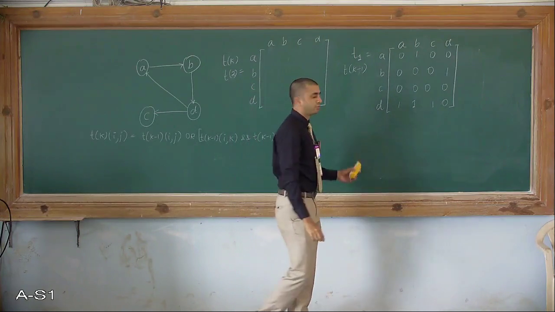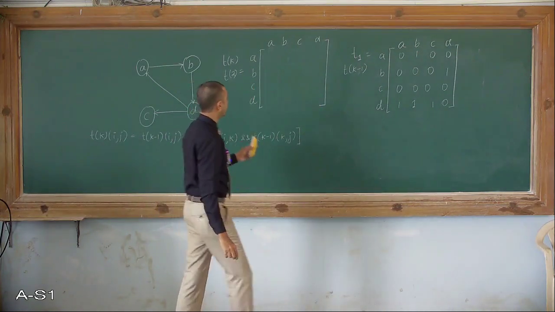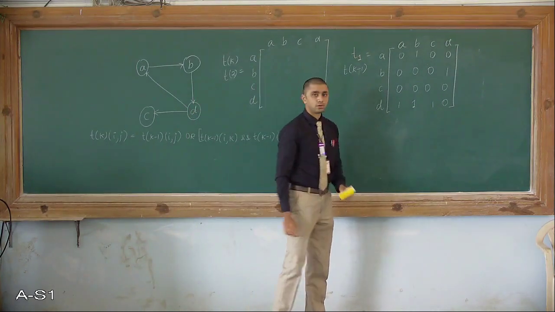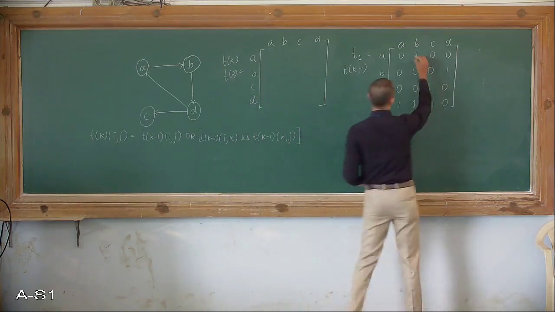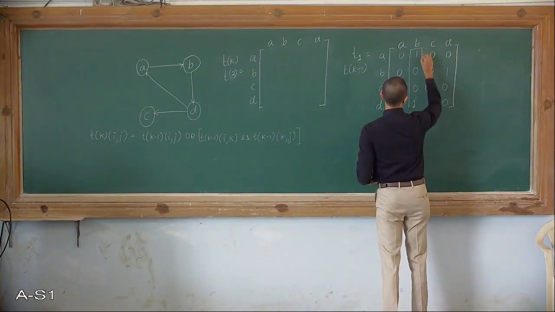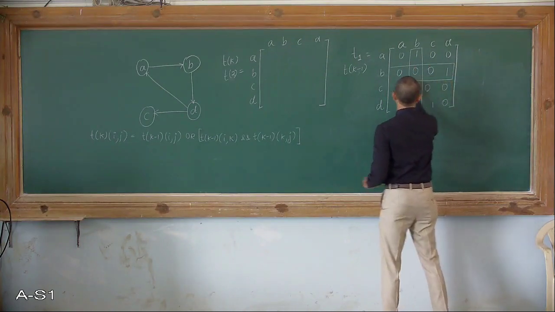Now in the first matrix, my intermediate vertex was A. Now in this second matrix, for the second generation of this matrix, my intermediate vertex is going to be B. The first intermediate vertex was A, now it is going to be B. So the second row and second column, freeze them.